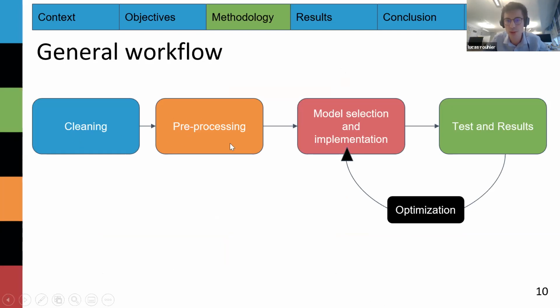Then we go through a pre-processing phase where we normalize our data, remove some unwanted features, and get everything ready to fit to the model that we will select and implement, so that we can evaluate it. Once we have evaluated it, we can optimize the model by either selecting a different model, of course, if the results are totally wrong, or modifying its implementation, for example, modifying the parameters that pertain to the model.